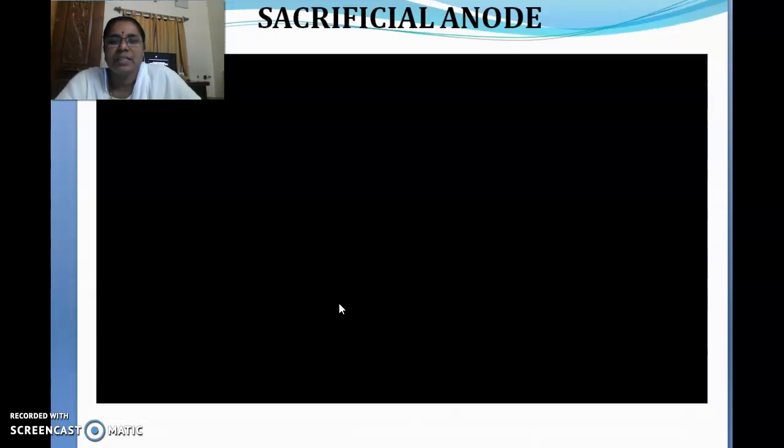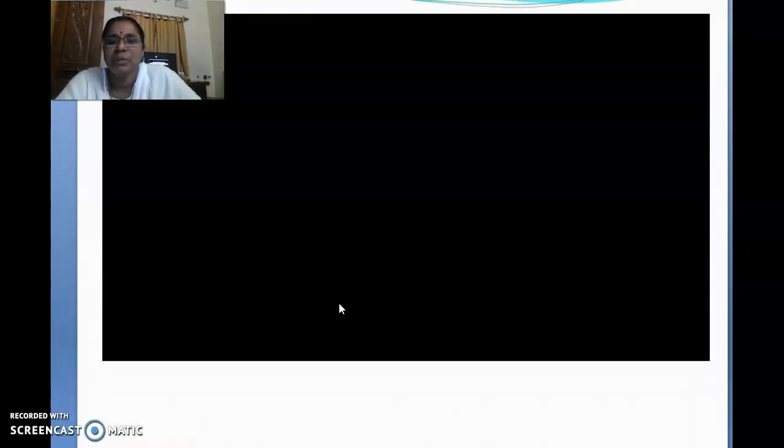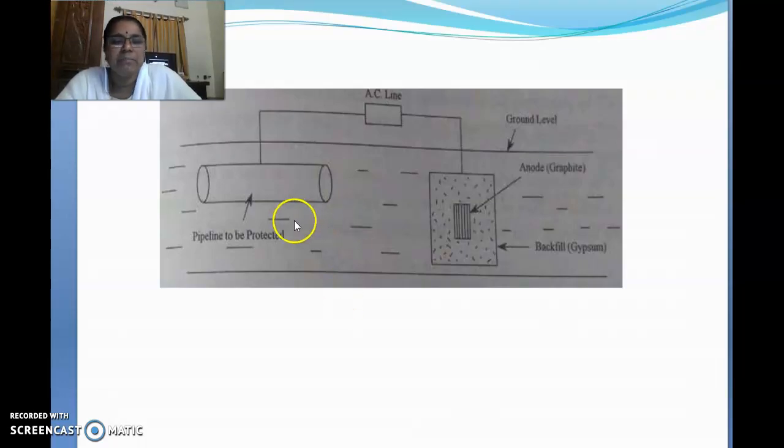Right? So for this I am going to say impressed current cathodic protection. Imagine this is the pipeline which has to be protected. To show it diagrammatically, we have drawn a simpler one. This can be extended as long as you want, and can be connected throughout India also. Correct? So in order to protect this one, you have to connect a more anodic one.